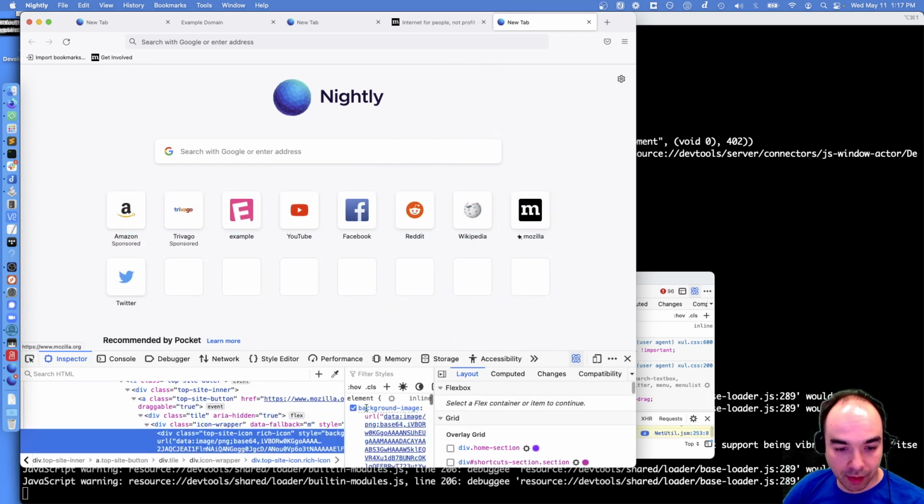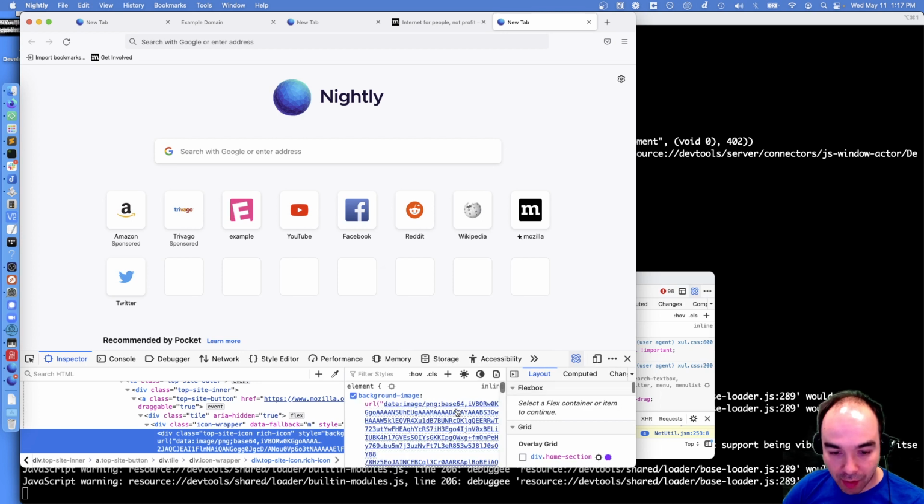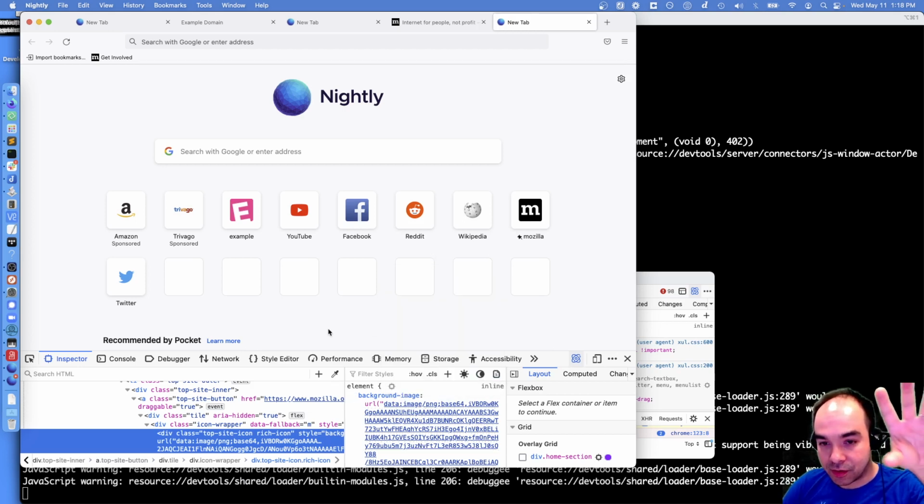So here's the icon. See how we're having to do it? We're packaging up this data URI for this favicon and sending it down to the privileged about content process. That's because the page icon protocol does not work outside of the parent process. It only works in the parent process. So in order to get favicons working in the privileged about content process, we had to work around this limitation and send a full-blown data URI down to the privileged about content process for just this page. This instance gets its own copy of this string.